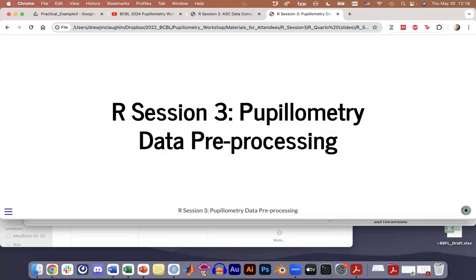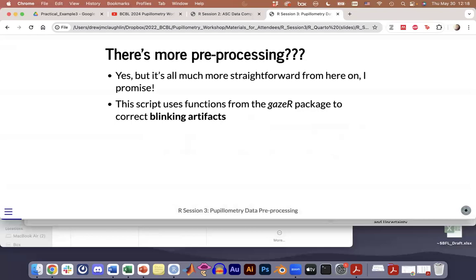Okay, we're moving into our session 3. And you're probably thinking, Drew, we just spent an entire script pre-processing our data. How can there be more to do? I promise the pre-processing from here on is actually a lot more straightforward. That first script is just entirely because iLink has its own little ecosystem with their own types of files, and it doesn't play nice with anything outside of iLink. So the entire job of that script was to take iLink's proprietary file and make it something that is open source, essentially. So this next pre-processing script is more so what you'll see in methods sections of pupillometry papers,